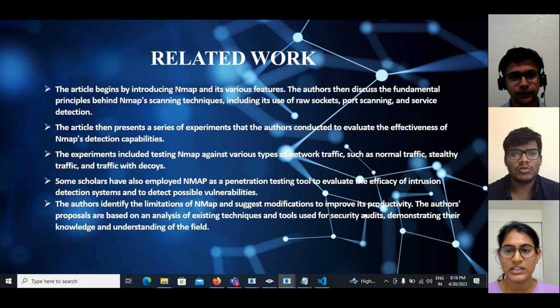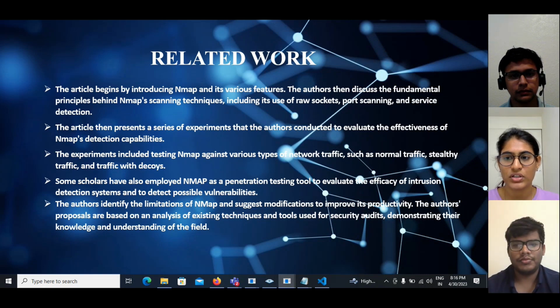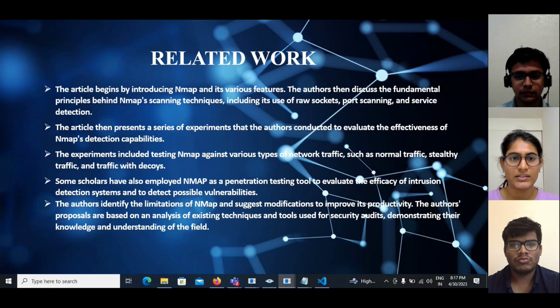The article then presents a series of experiments that the authors conduct to evaluate the effectiveness of Network Mapper's detection capabilities. The experiments included testing Network Mapper against various types of network traffic, such as normal traffic, stealthy traffic, and traffic with decoys. The authors analyze the results of these experiments and discuss their implications for using the overall network. Overall, this article provides a comprehensive and detailed analysis of Network Mapper. And in the next slide, Sai is going to explain about